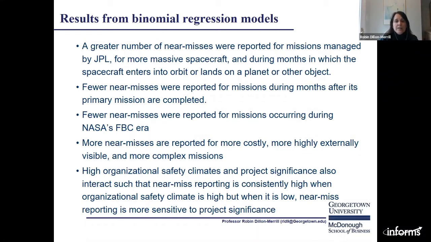And we also found an interesting interaction: high organizational safety climate, meaning those outside of the faster, better, cheaper era, and project significance interact, such that near miss reporting is consistently high when the organizational safety climate was high, but when it was low, like it was in the faster, better, cheaper era, near miss reporting was more sensitive to project significance. And so what we concluded from this research was a number of factors that you really